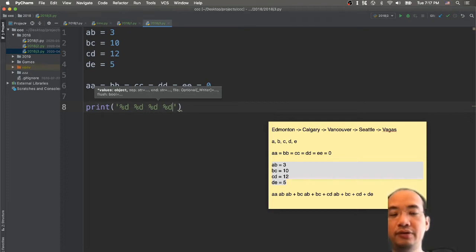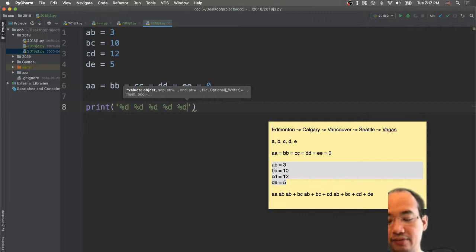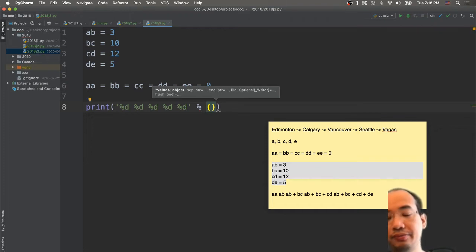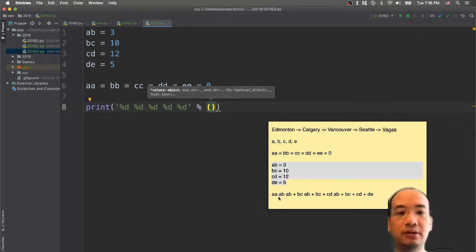Hopefully you still remember why I put in %d here, because I'm going to put the number in here, and then between them had a space, and I put a tuple here, and of course I will put this guy here,